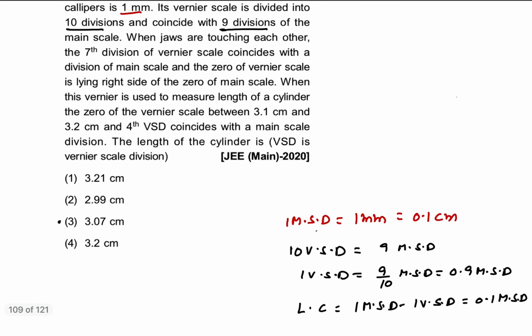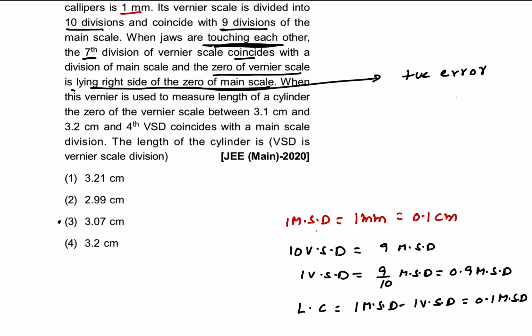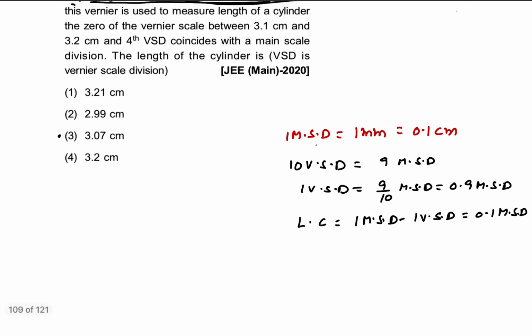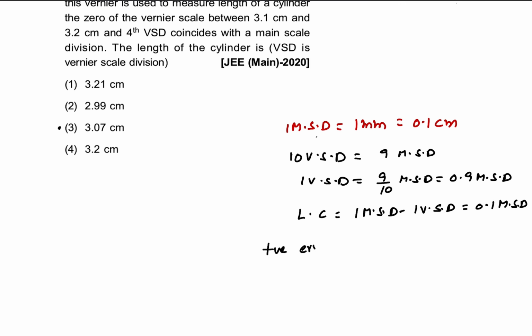Okay. Next one, when jaws are touching each other. Touching each other means actually we are finding the zero error. The 7th division of the vernier scale coincides with the main scale, and the 0 of the vernier scale is lying to the right side of the 0 of the main scale. Right side of the 0 of the main scale means positive error. What is the positive error value? I am writing, positive error is